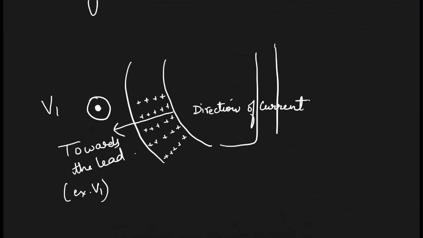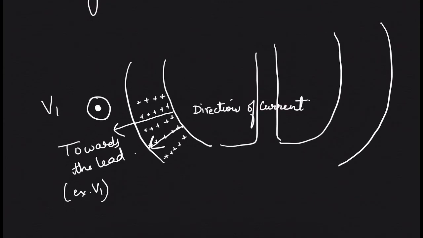Suppose we are considering ventricles, right and left ventricle. V1 will be just outside the right ventricle, whereas it will be opposite to the left ventricle. Now whenever the right ventricle depolarizes, V1 will first get a positive wave because the current is traveling towards V1.